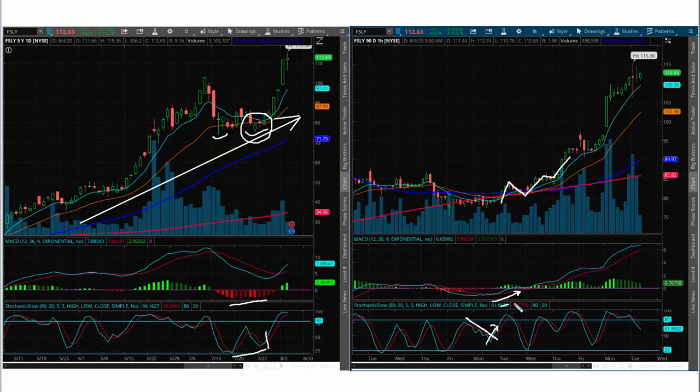So if you notice here, the MACD crosses up and it stays crossed up day after day after day, hour after hour. And then within that, you have timing mechanisms to get in, to get in, to get in. So the first move up causes the MACD to cross up, then you get a dip within the newly formed uptrend. The dip coincides with the stochastic cycling down and then re-triggering, and then this sideways motion, while the MACD continues to give you a long signal, causes the stochastic to come down and re-trigger,